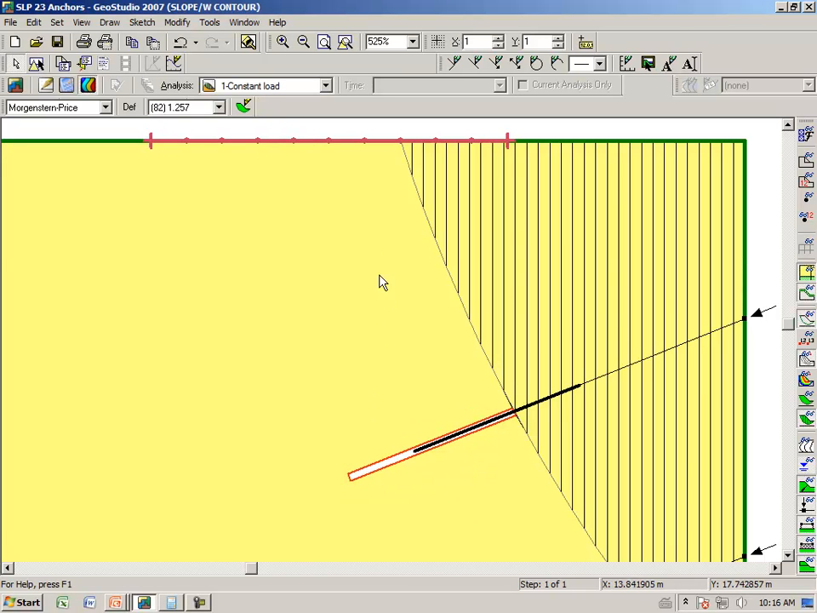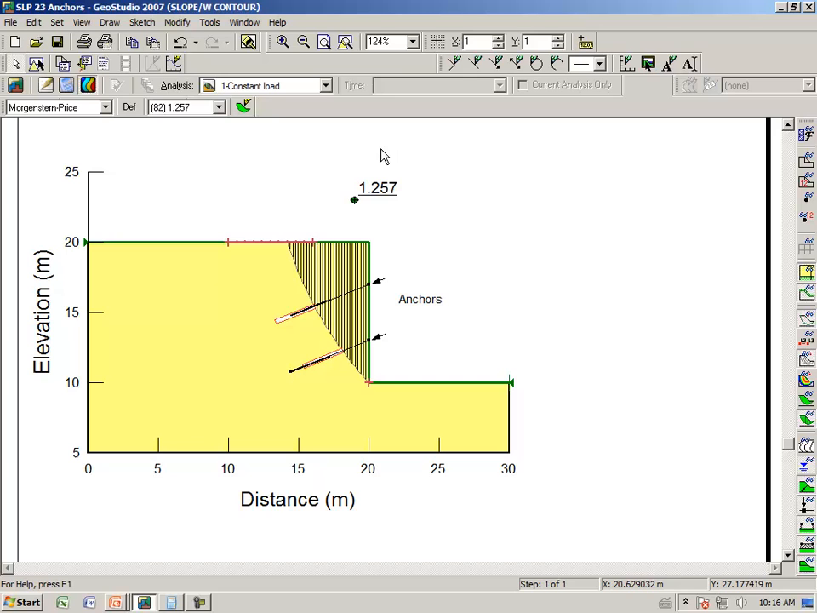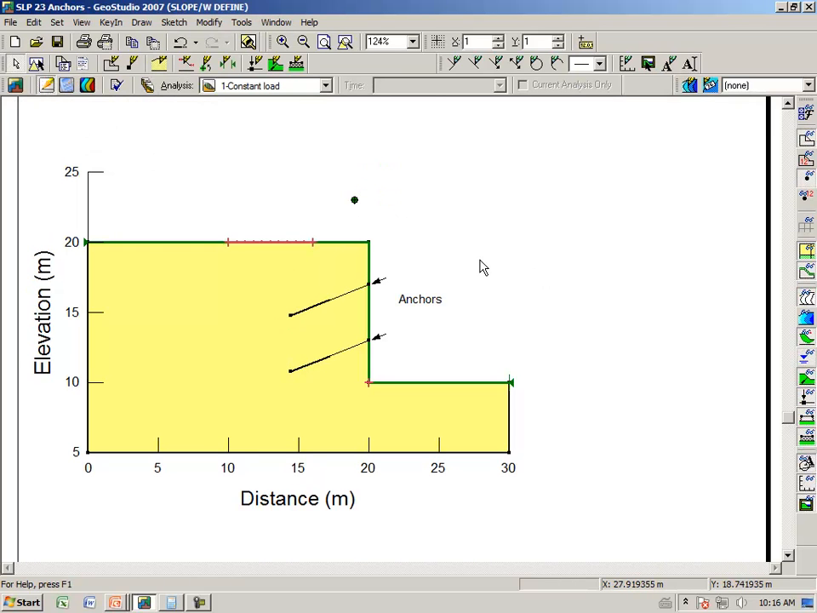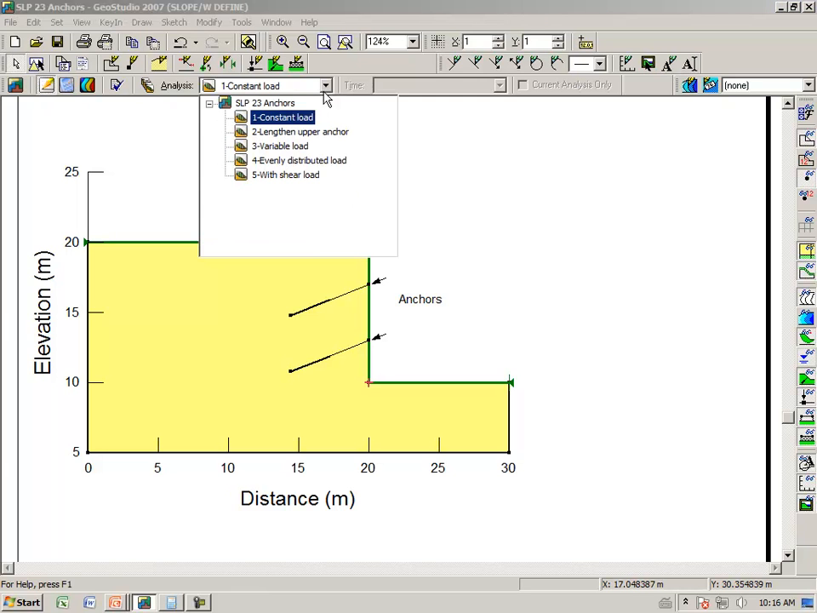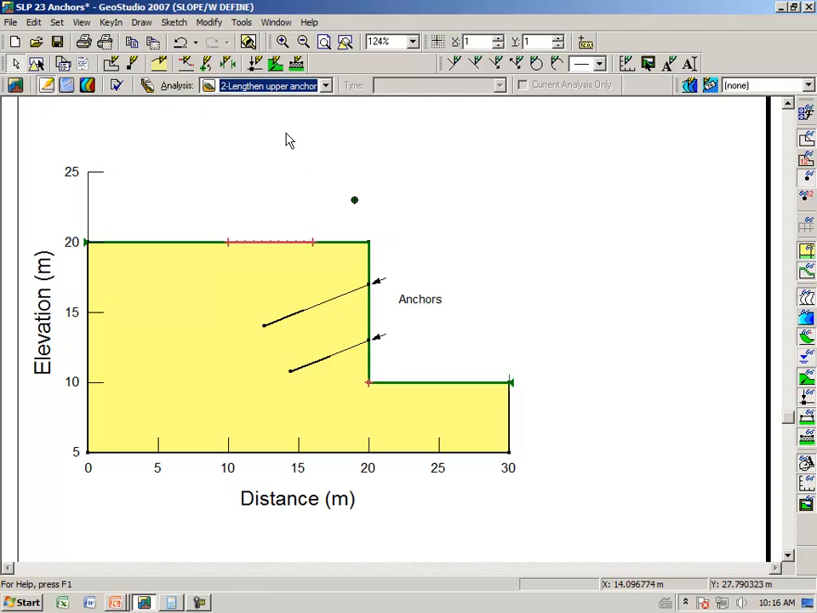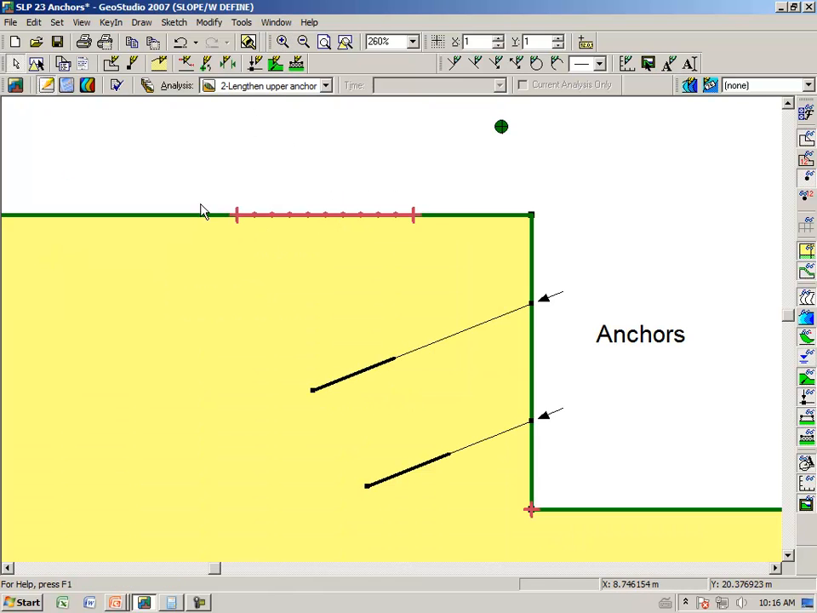So, at this stage we know that we need 300 kilonewtons per meter into the paper from each of these anchors to give us the desired 1.2 factor of safety. So let us go back to the define view and look at lengthening the anchor. We can now go to analysis number 2 and notice that the anchor already has been lengthened. The way this was done is draw